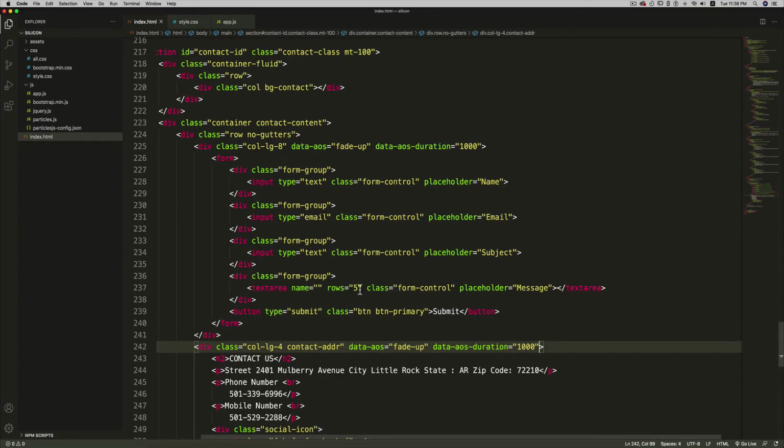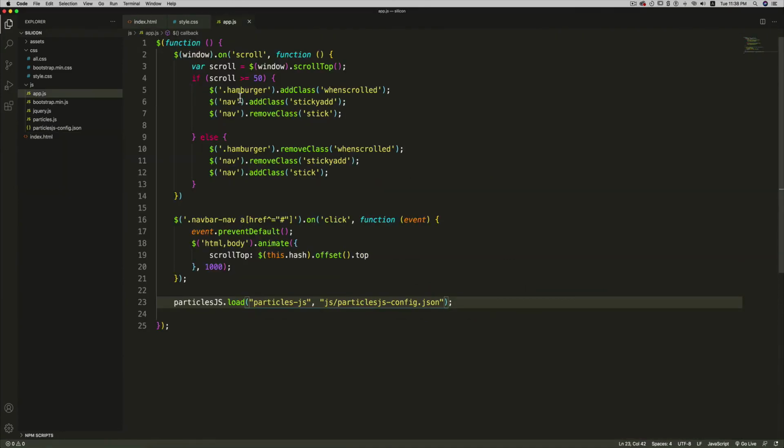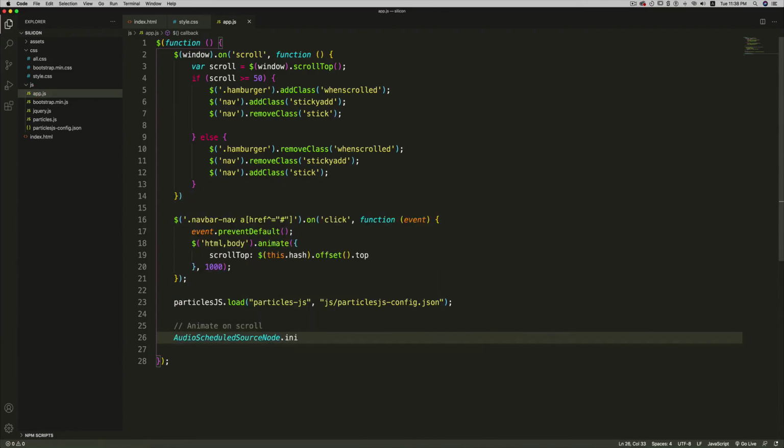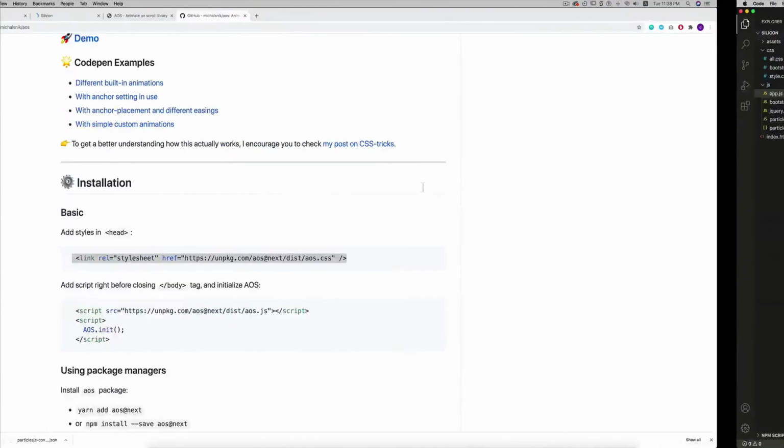So now let's save, but we need to initiate it first. So go to app.js file, and in here let's write a comment, animate on scroll. You just need to write AOS.init. So now let's go to the web page.